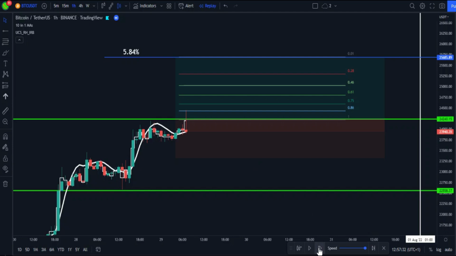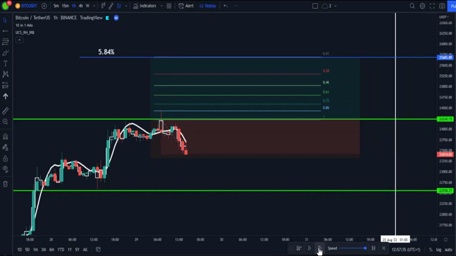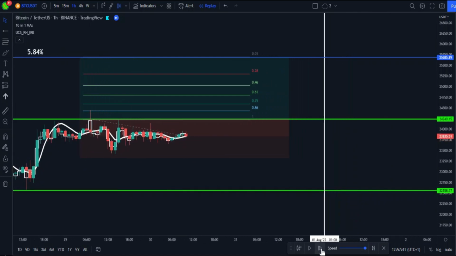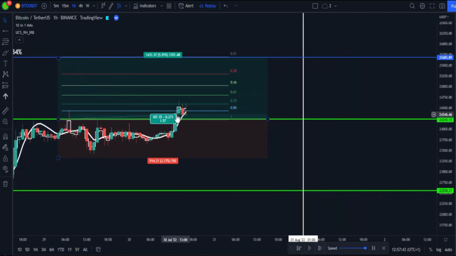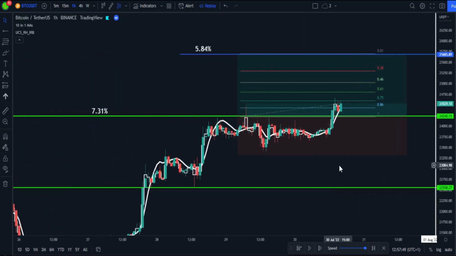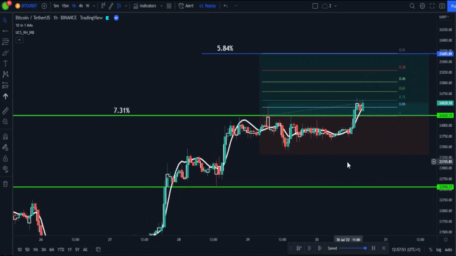Well, let's go ahead and see the next moves. Now we see a pullback in the price, which was very close to the stop loss. After that, we see that the price has risen again, hitting the first and second targets. Well, here lies the dark side of this method. In most of the trades, the signal will hit the first and second targets, but with this high winning rate,